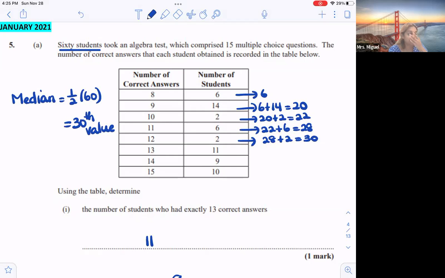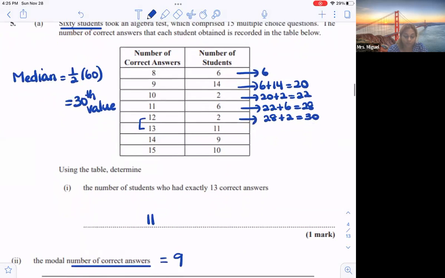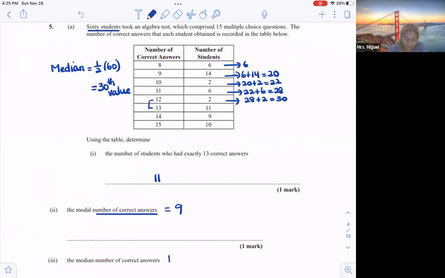So, because the 30th value here is 12 and it lies exactly there, we will take the average of these two. So the median is 12 plus 13 over 2, which is 12.5. 12.5 correct answers. Now, if you just put 12, I am sure the examiner would have given you it correct,